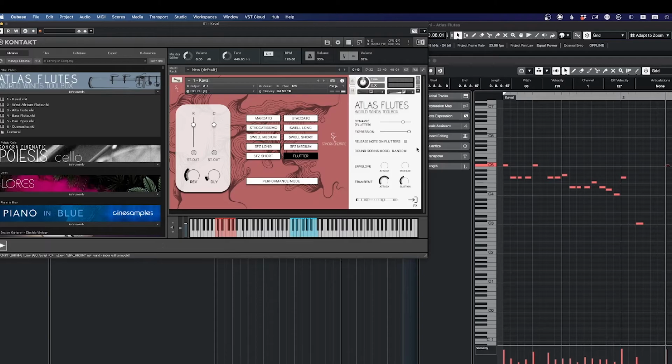You have the special release note on flutter, which basically switches between nothing on release, but if you want to end the flutter on something, you have that downbeat. And then if you go to the effects, you have basic settings for the reverb and